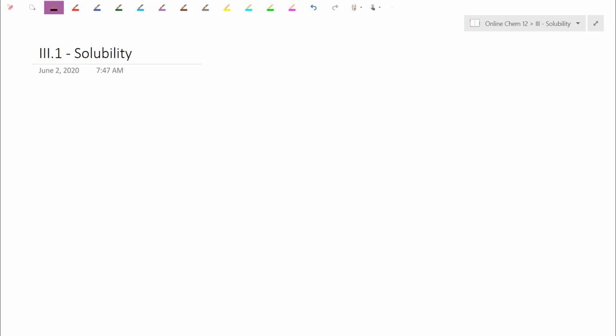Morning, everyone. So today we're going to be starting into our third chapter in Chemistry 12. This chapter will rehash some of the concepts of equilibrium we saw in the last chapter and apply it specifically to what's referred to as solubility equilibrium. We can make solutions, you can bubble gas into liquid, but we're going to primarily deal with dropping solids into